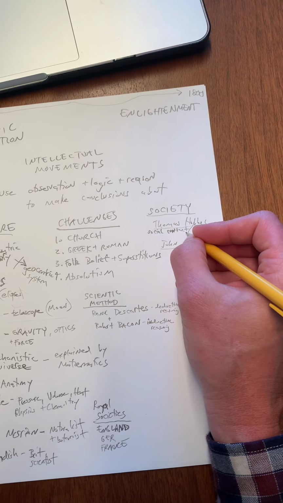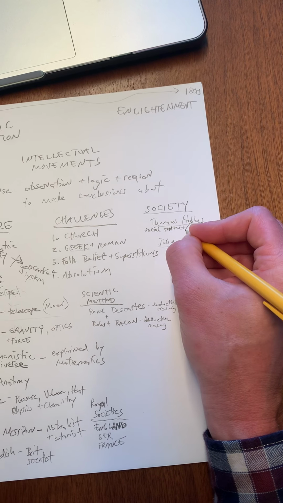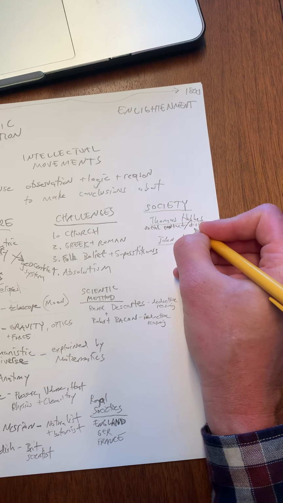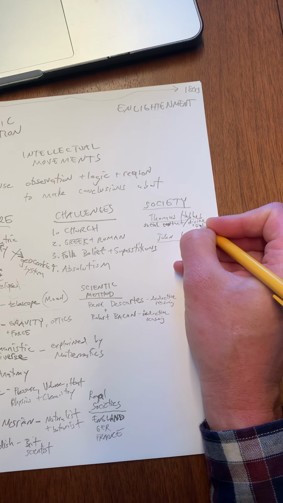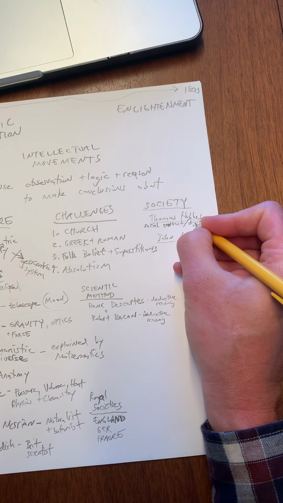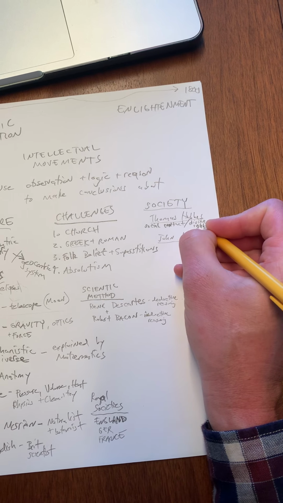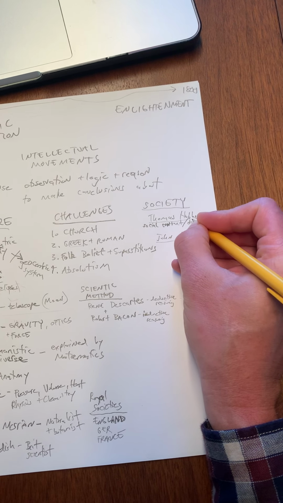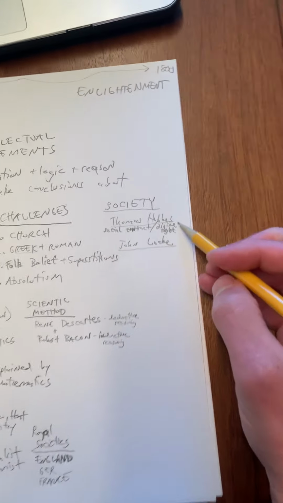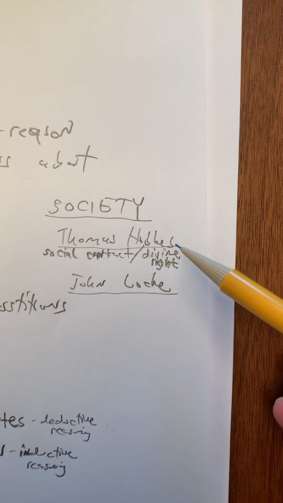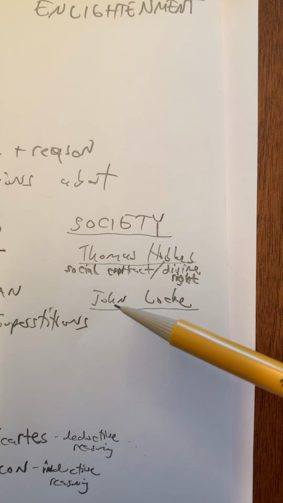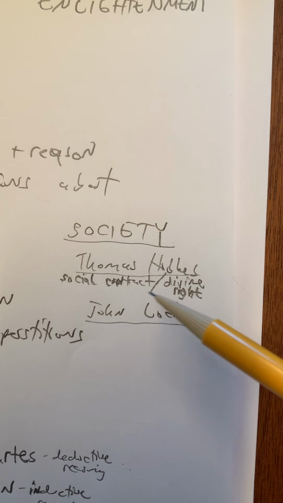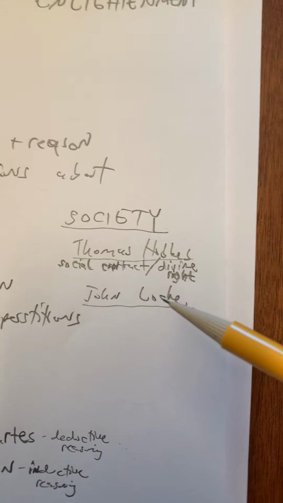But he's using logic and reason. He's going against divine right. He's not making an argument that the ruler has the right to rule from God or a blessing from God. Instead, he's using logic and reason rather than religion or superstition. And so that's why Hobbes, even though he's arguing for absolutism, he's using the idea of a social contract rather than divine right, which makes him an Enlightenment philosopher.